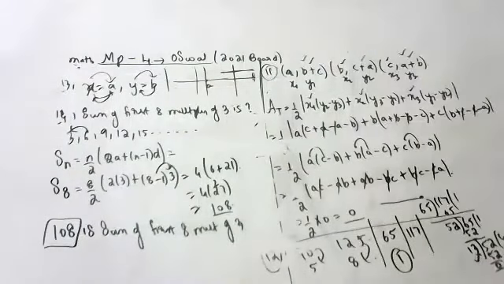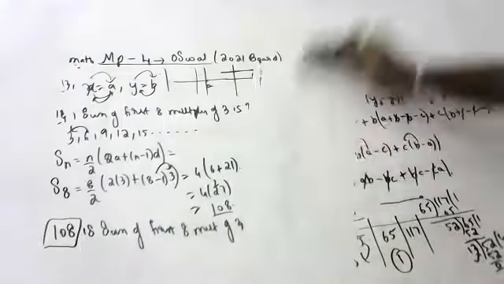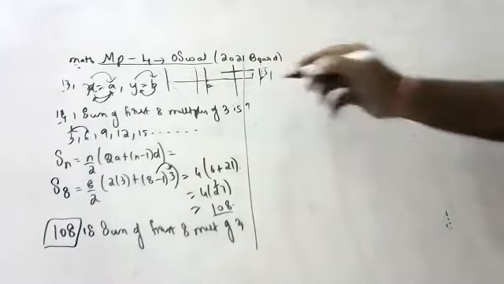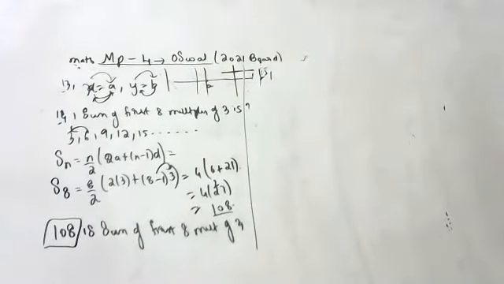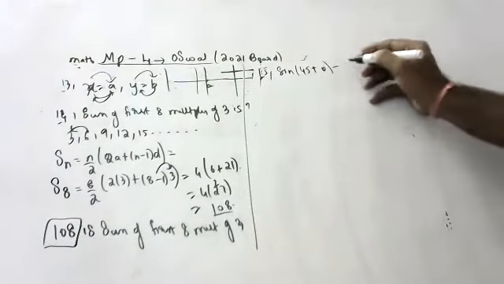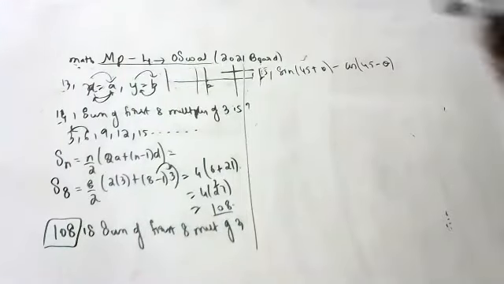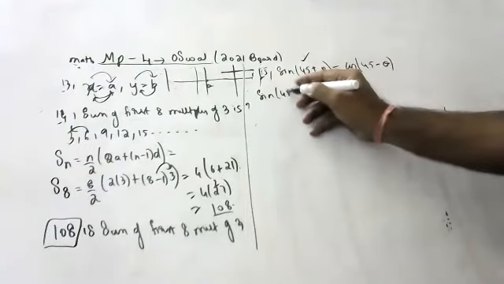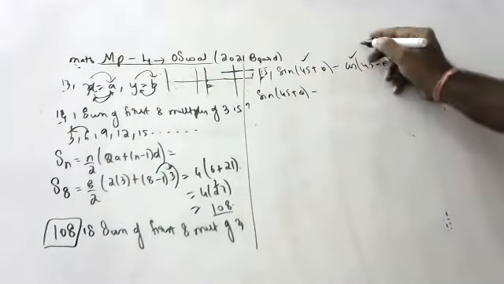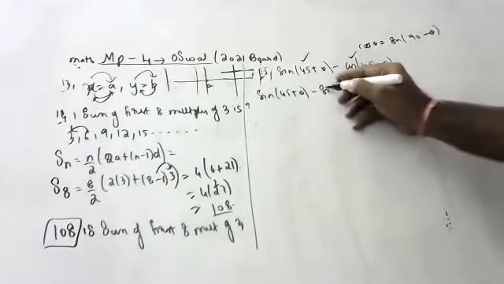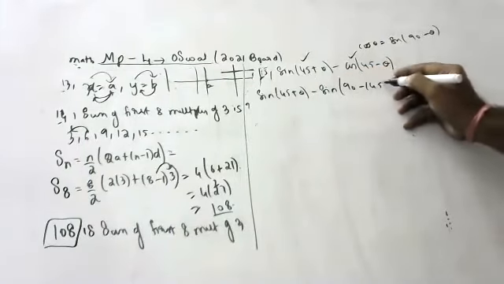Okay, children. Next. Sin 45 plus theta minus cos 45 minus theta is equal to how much? This is the question. Using complementary angles, we have to convert each other. Okay, sin 45 plus theta, I will write as sin 45 plus theta only. What is cos theta, children? Sin 90 minus theta. Okay, sin 90 minus 45 minus theta.